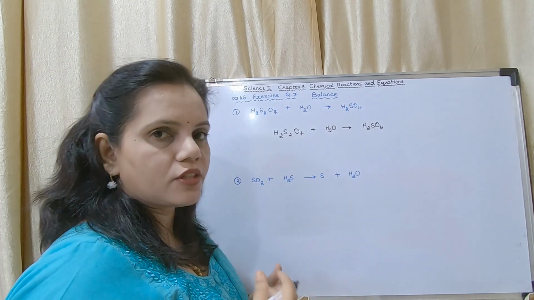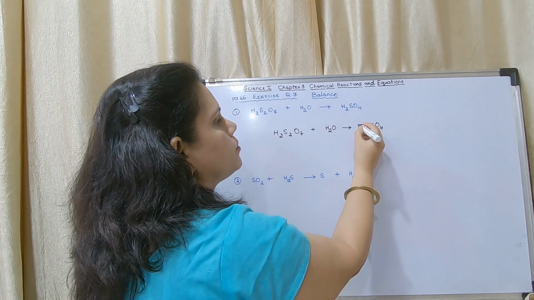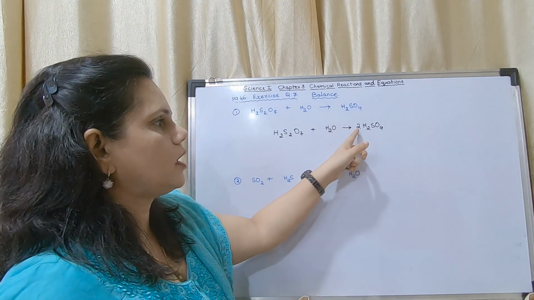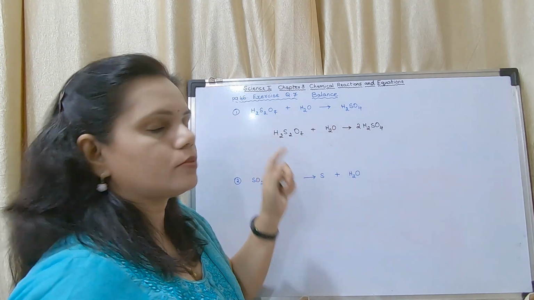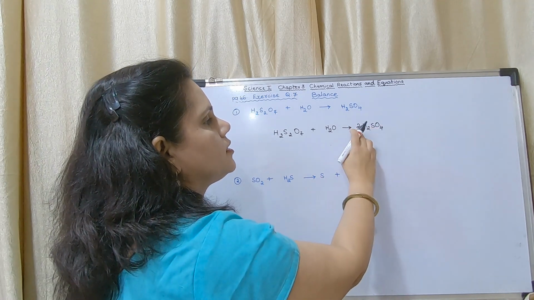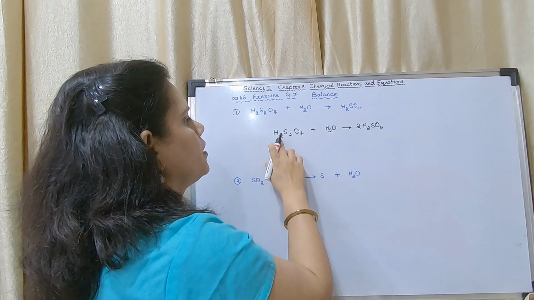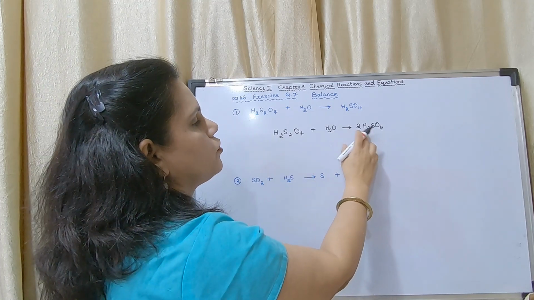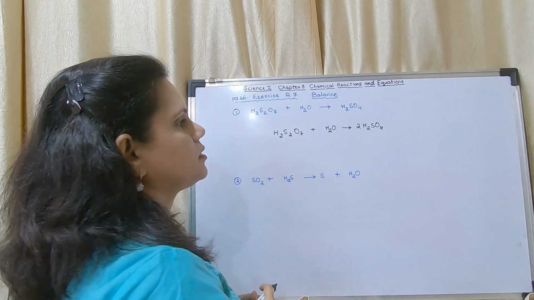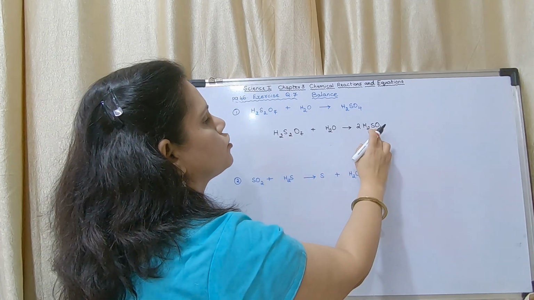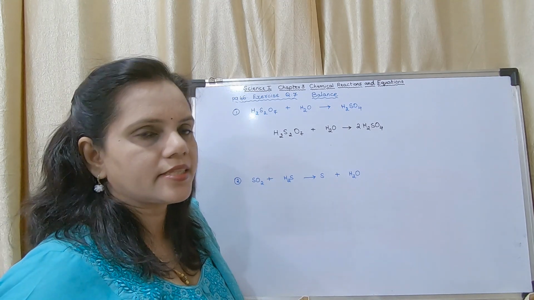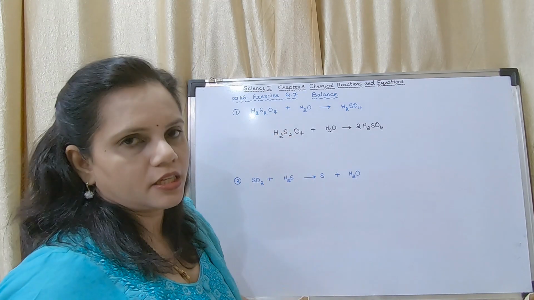Here there are 8 and 4. If I have to convert 4 to 8, you have to put a number here. I had told you earlier also, you are supposed to put the numbers towards the left hand side only. If I put the number 2 here, the oxygen has become 8. Hydrogen has become 4, 2 2s are 4. But what has happened to sulfur? Sulfur has also become 2. So the equation has become balanced now. This is the balanced equation of this equation.